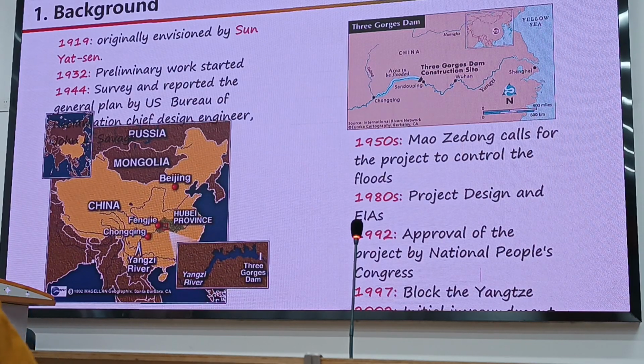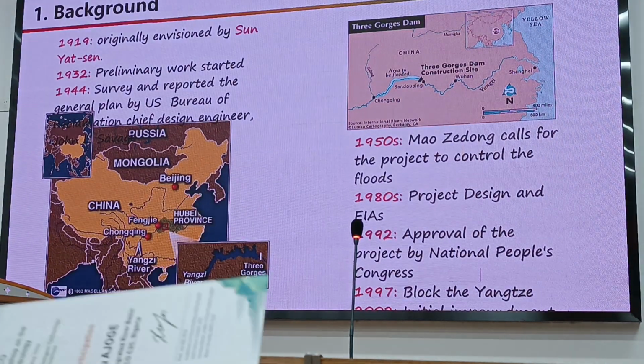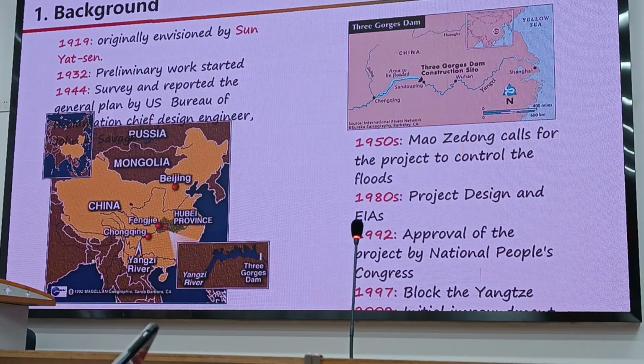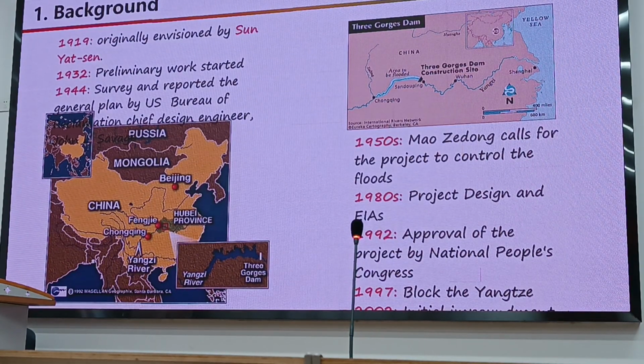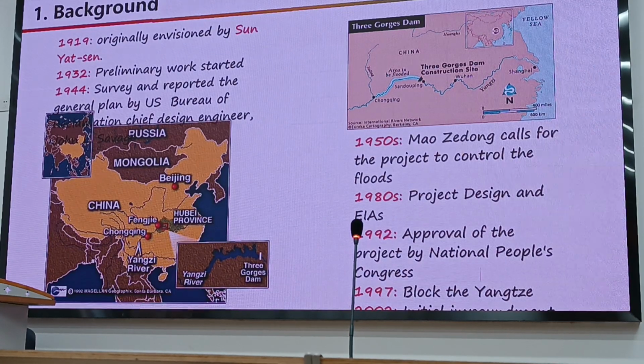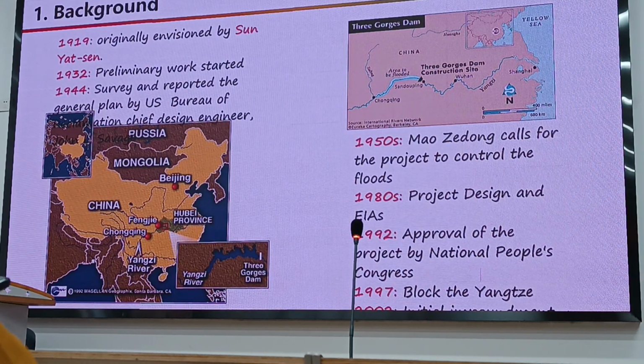And there was another pilot dam, which is still a very big hydropower project right now, the Gezhouba Dam, 32 kilometers downstream of the Three Gorges Dam. It's a run-of-river hydropower project. And this hydropower project was finished in 1984 as a pilot or demo project for the construction of the Three Gorges, because both of them are concrete dams.